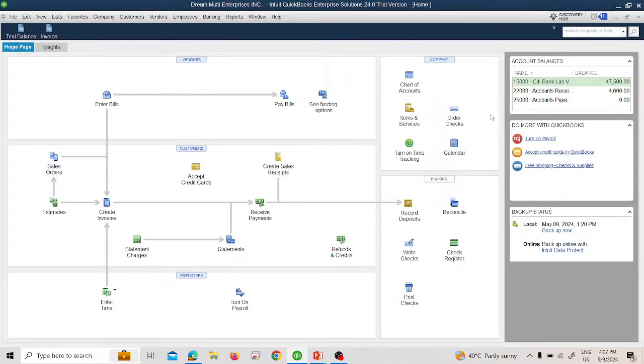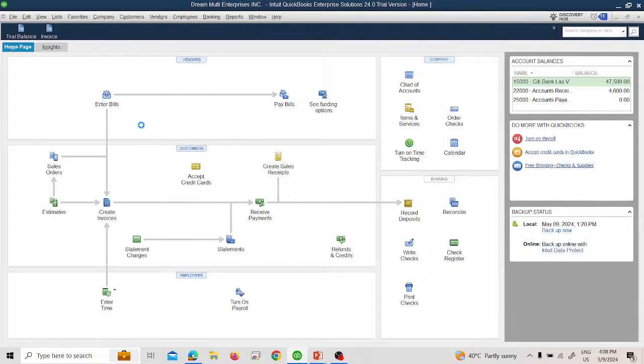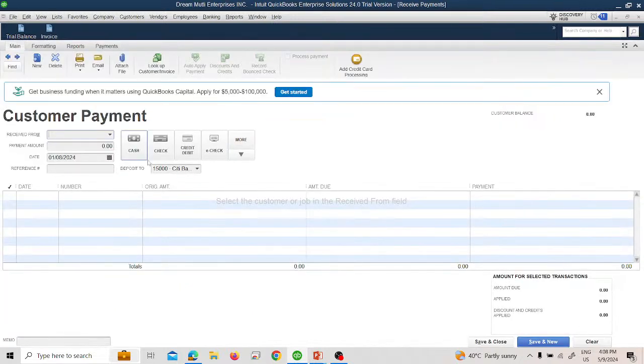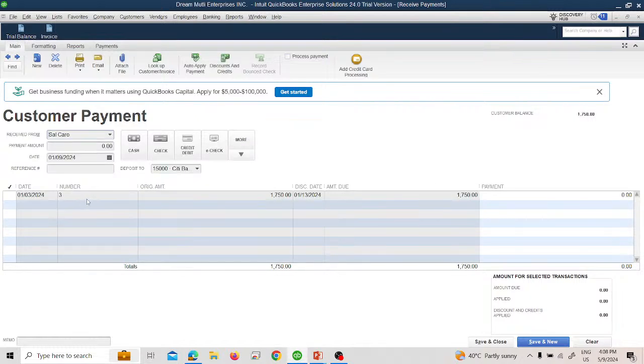Mr. Gabby told him that whatever amount you are receiving, we can record it. It is not necessary that you receive the full amount; you can record any amount you are receiving. From the main menu, under the customer option, you will see the receive payments option. Change the date to 9th of January 2024. Select Mr. Sal Caro, and we will see that he has an